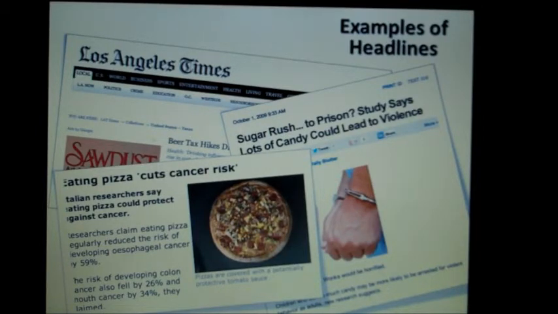Eating pizza cuts cancer risk. Now if this were true, I would eat pizza all the time. And I tried to use this piece of evidence here with my partner to say that we need to eat more pizza, and sadly it failed horribly. But the idea here is that pizza is thought to be linked to cancer. Right? If you read this article, it claims that eating pizza regularly might reduce the risk of esophageal cancer by 59%. Again, there are probably other factors at play. What else, or what is it about the pizza that might be cutting cancer risk? What else are these people eating all this pizza doing that might be playing a role as well?